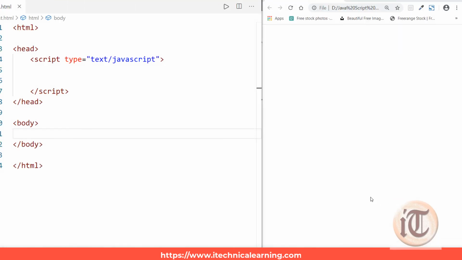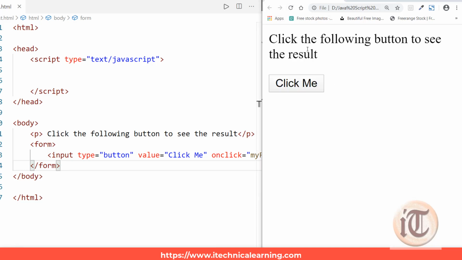In the coding part of this tutorial, I want to demonstrate how error handling in JavaScript works. For that I have created this form inside the body part, with a paragraph saying click the following button to see the results, and an input of type equals button.